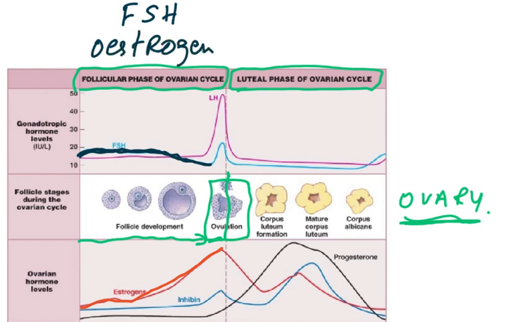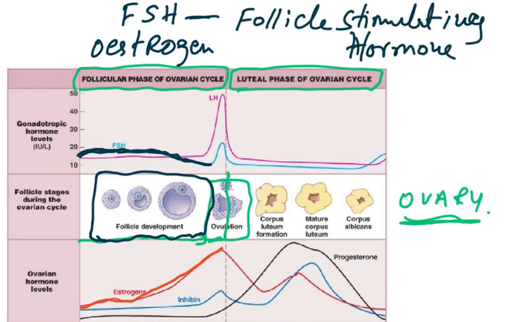Why do we need FSH and estrogen? We want FSH, called follicle stimulating hormone. So it is going to cause the development of the follicle inside the ovary. So FSH, follicle stimulating hormone, produced by the pituitary, is going to work on the ovary and is going to cause the development of the follicle, which contains, of course, the ovum. So meiosis has taken place here, and this ovum has been formed inside here, and this is going to be released. So we need the hormone estrogen and